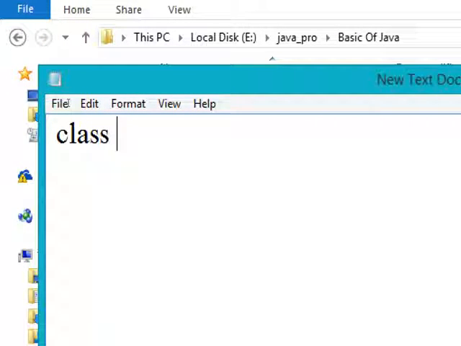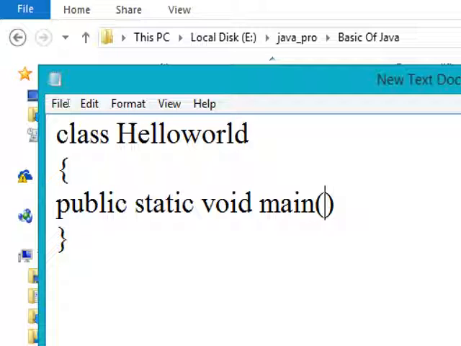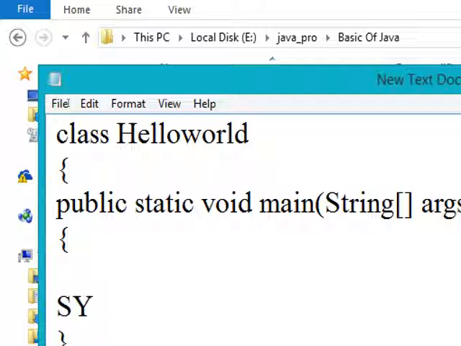I will explain, no need to worry, just write what I am writing. HelloWorld, curly braces open, curly braces close, then write the main method: public static void main, String array args. I know you are not getting much of what I am writing here, but still you have to write it.